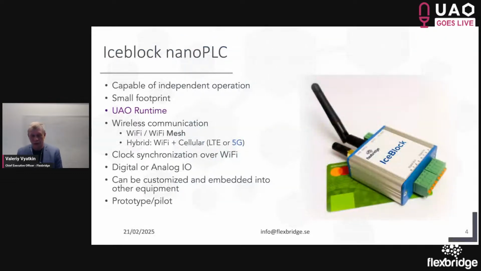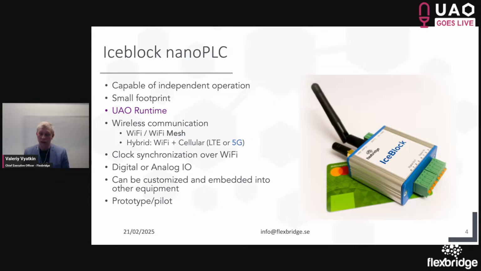But this view on automation systems is impossible to implement if we do not have corresponding hardware. And FlexBridge, some years back, developed a totally different kind of automation device: a very small but very powerful node that is directly connected to a set of sensors and actuators, and on the other end is connected to modern communication networks such as Wi-Fi, Wi-Fi 6, and later also cellular such as 5G.